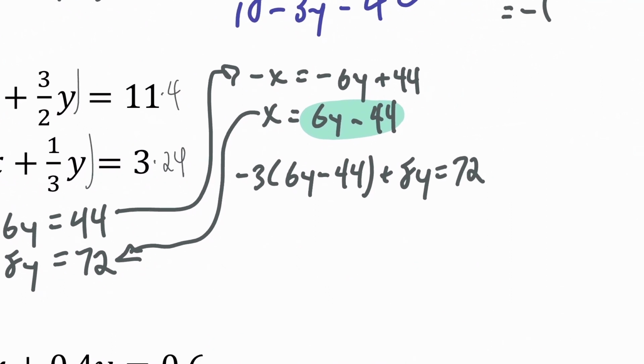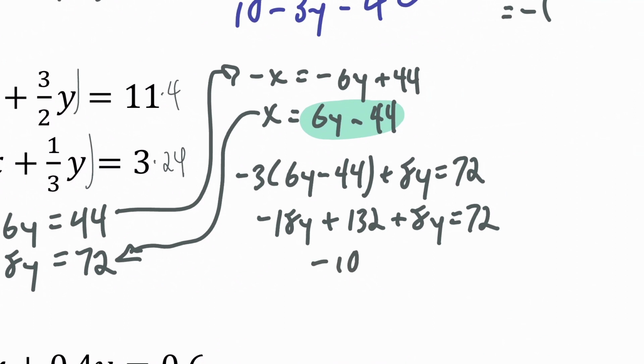Okay, so distributing the negative 3, we get negative 18y plus 132. I think that's right. I'm sure if it's wrong, well, it'll get fixed eventually. And then I can combine like terms on the left, so I'll have negative 10y plus 132 equals 72. Then we can subtract 132 on both sides, so we get negative 10y